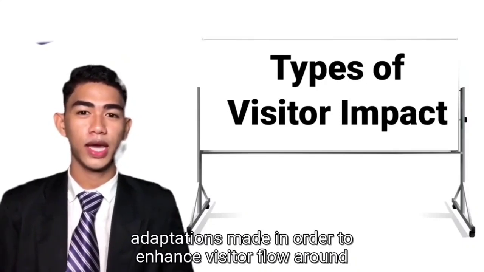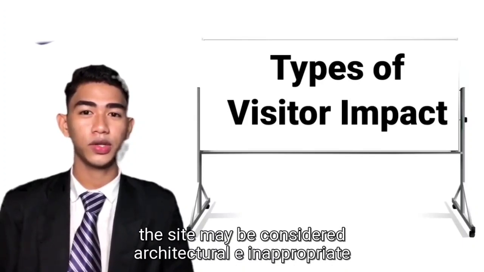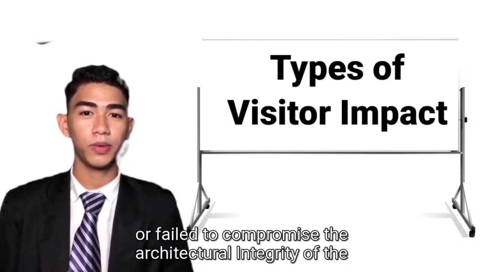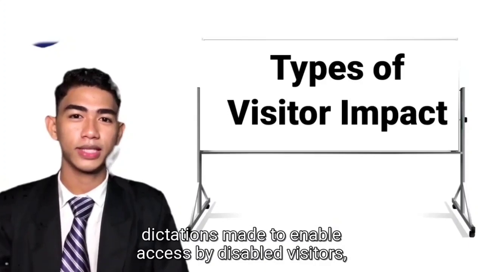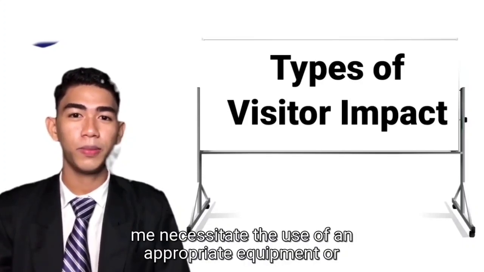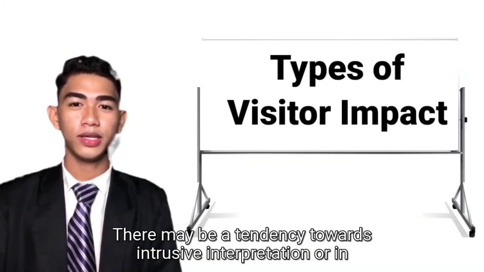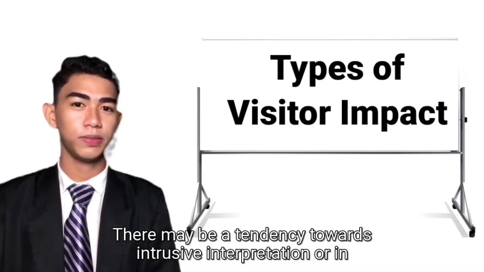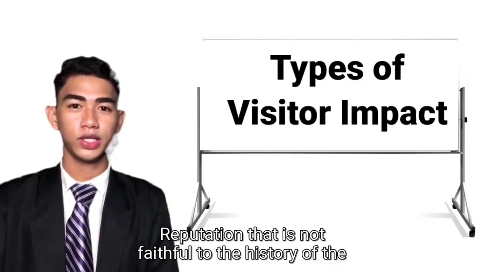Adaptations made in order to enhance visitor flow around the site may be considered architecturally inappropriate or felt to compromise the architectural integrity of the site. Adaptations made to enable access by disabled visitors, for example, a lift or ramp, may necessitate the use of inappropriate equipment or materials. There may be a tendency towards intrusive interpretation, or interpretation that is not faithful to the history of